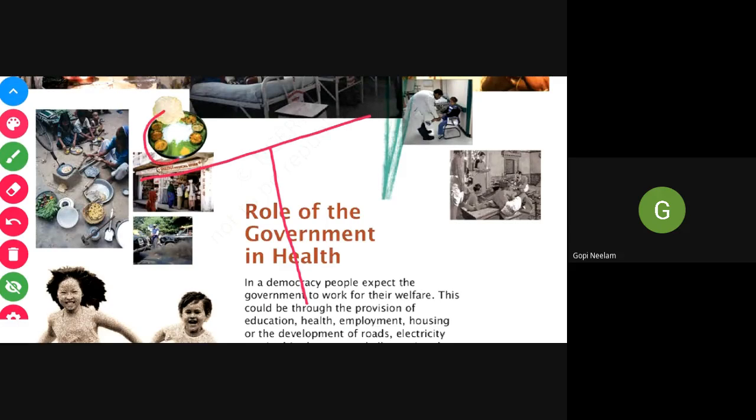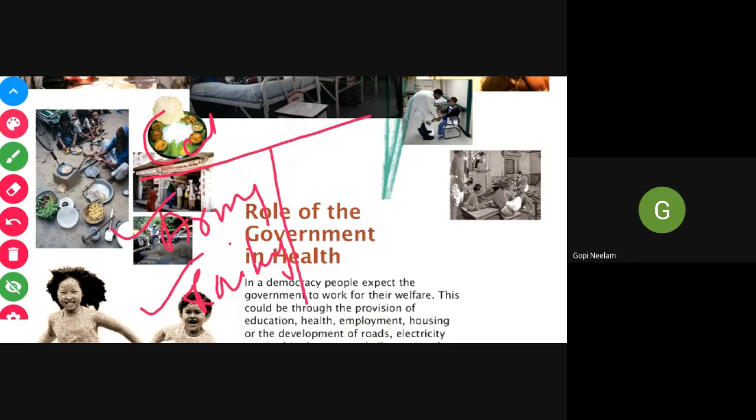For example, army and railways. These are majorly the responsibility of the central government, which has the accountability and the authority to monitor and regulate these departments. And the list goes on. There are many departments that come under the central government.